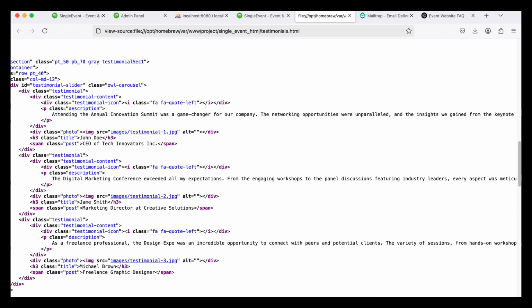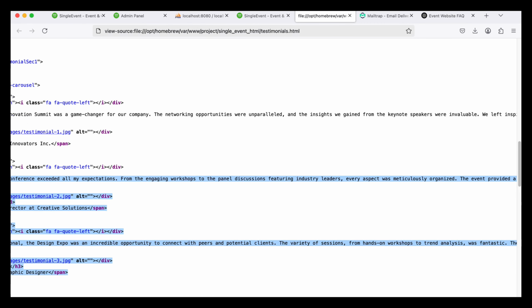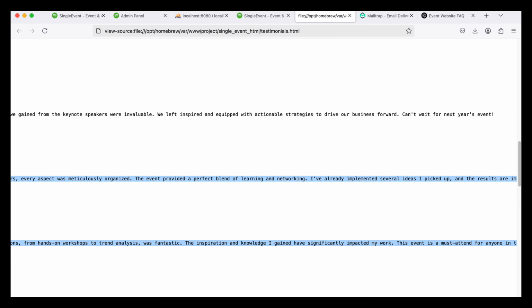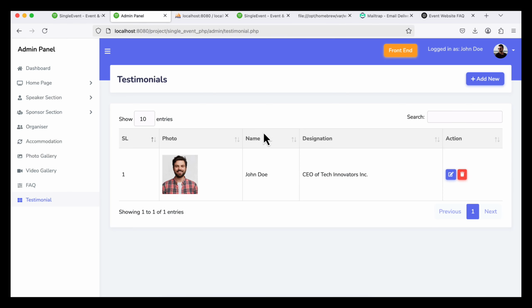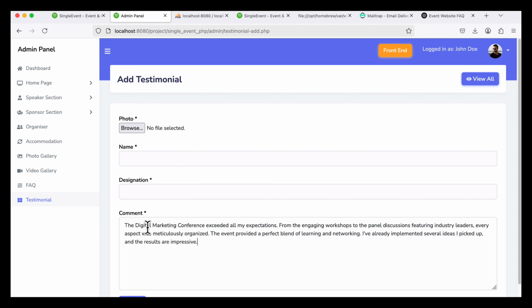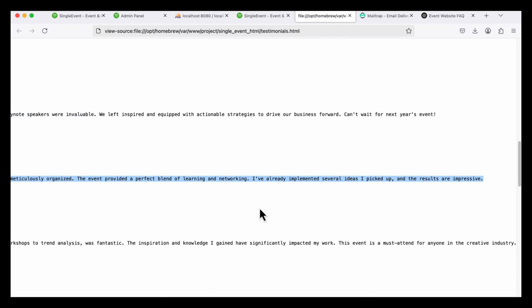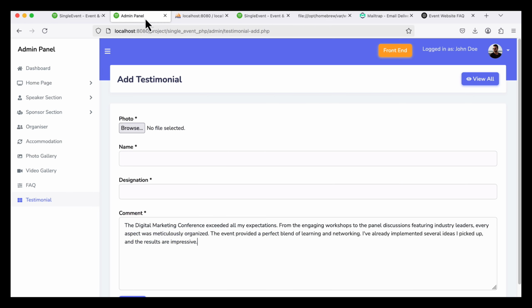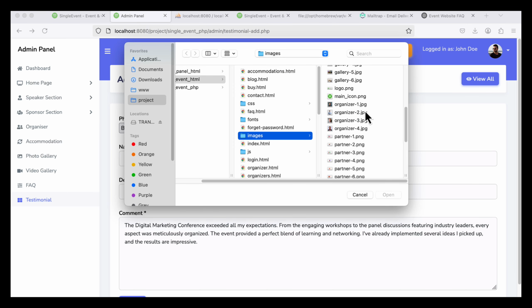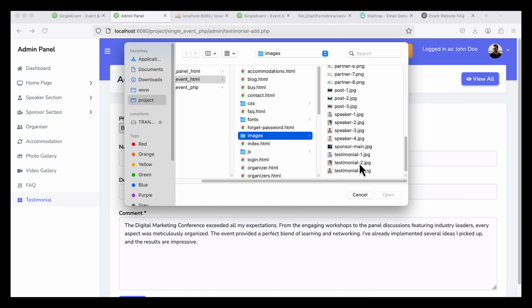For example, this is the one, I am going to copy it from here. So just let's add it. Okay, so add new, I am going to add another one, and here the person name and designation I am going to add, that is James Smith, and this one, for example, something like this. Okay, so that second one I am going to add here, that is testimonial is this,